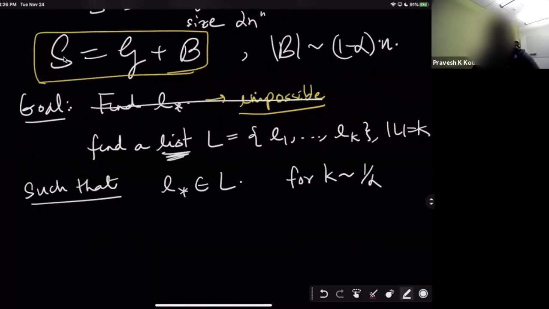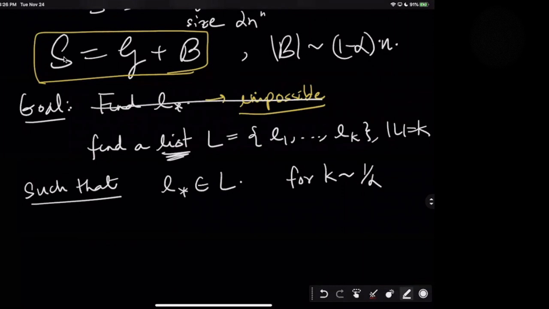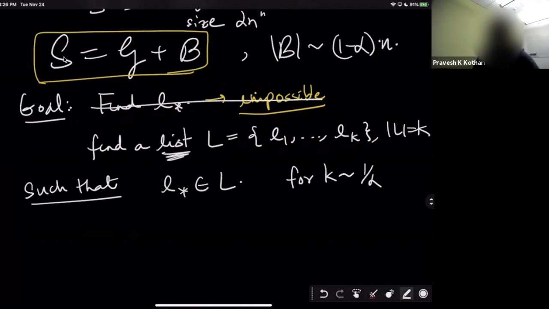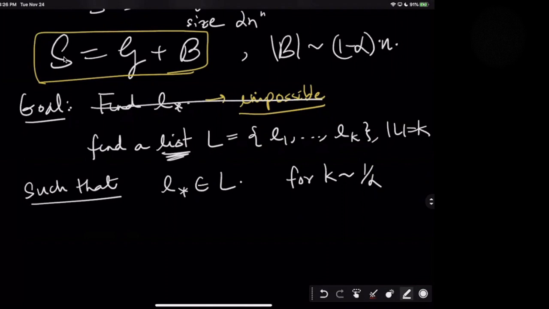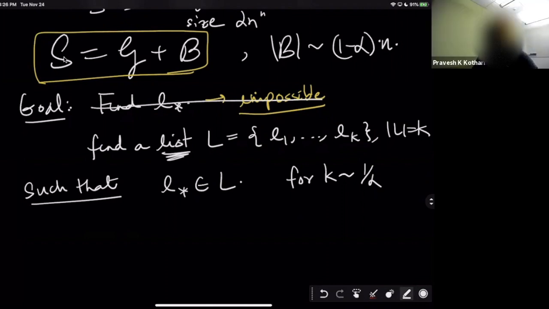What does that mean? Given a set of size n, how many sets of size alpha n could exist inside such that for each set there exists an L star? I will prove in like 10 or 15 minutes that exponentially in the dimension number of things can exist. Okay, so 1 over alpha is the lower bound, as you said. Just splitting into 1 over alpha disjoint sets is a lower bound.